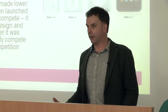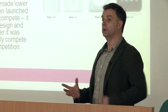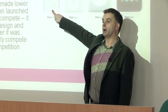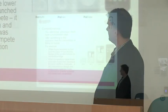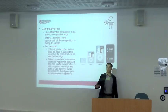But Apple thought about this, and they thought, well, actually, some people are going to go for the lower priced item. They're not going to value the design or value the benefits that we offer. So we're going to launch a smaller one that's lower price. That's Apple being competitive, which is the iPod Shuffle. It used the same functionality, but didn't have the unique screen that wasn't there for a lot of these, what